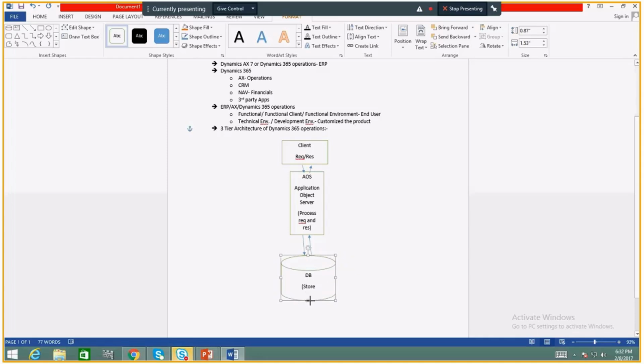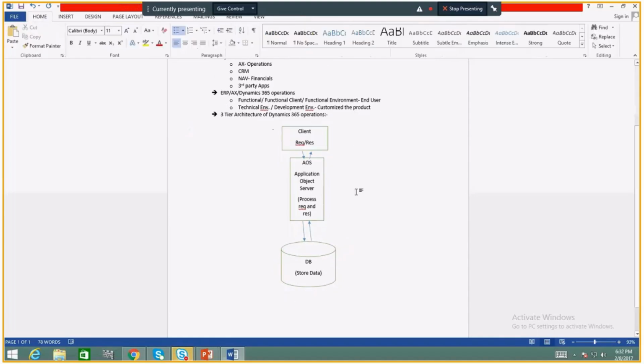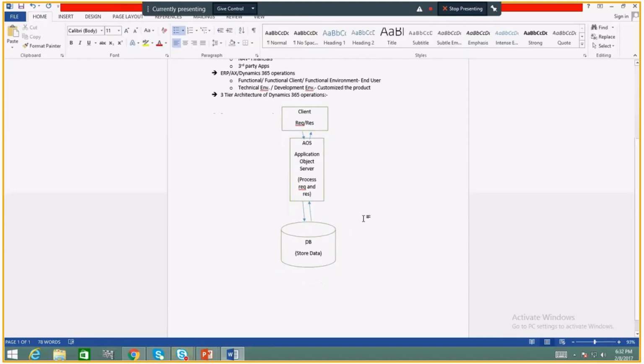What was the difference between this and the previous version of AX, which is AX 2012 R3,